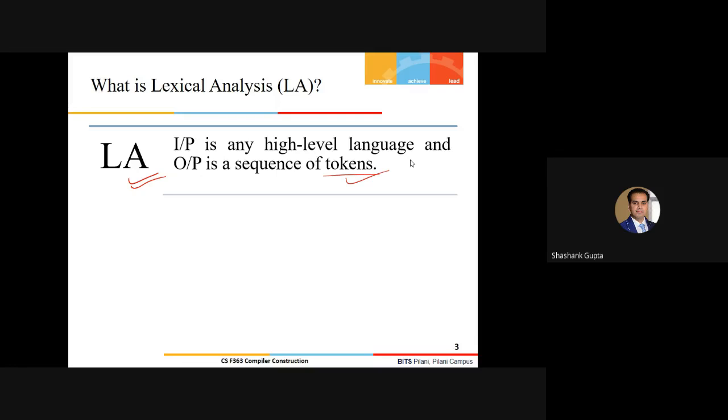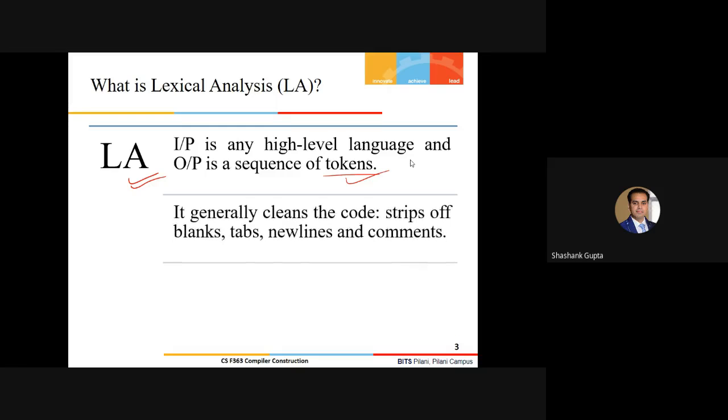One thing which I'm expecting from your side is what the lexical analyzer is supposed to ignore, apart from generating the set of tokens. It is supposed to ignore certain things, right? Comments and dead pieces of code. Right, this is what I was expecting. So it generally cleans your code, right?